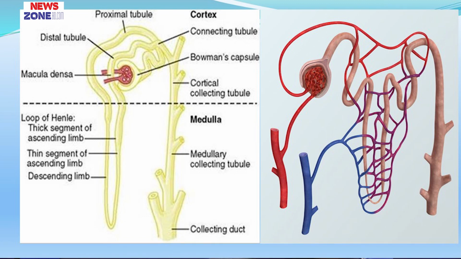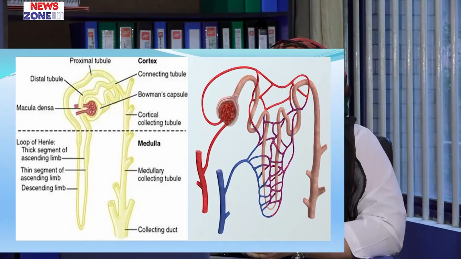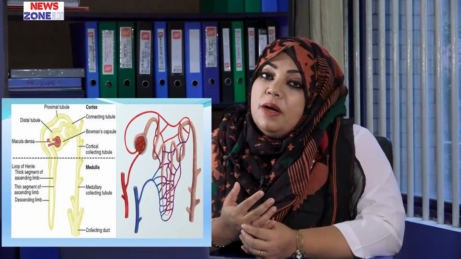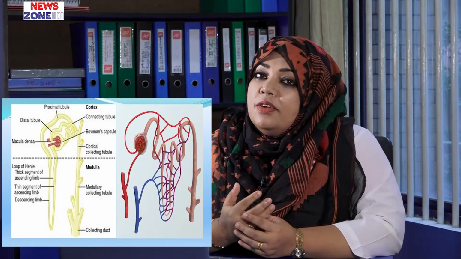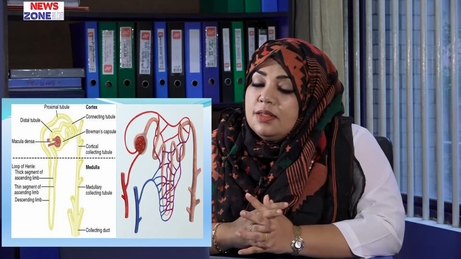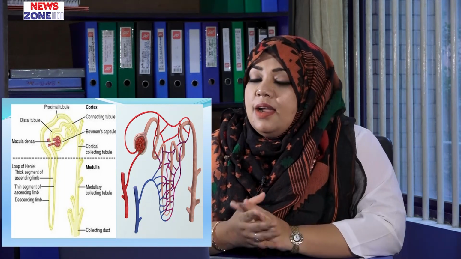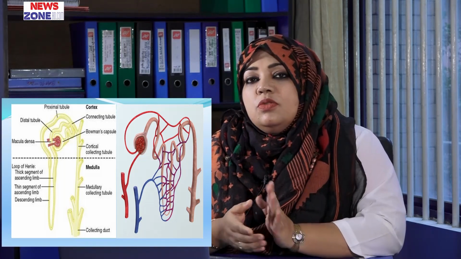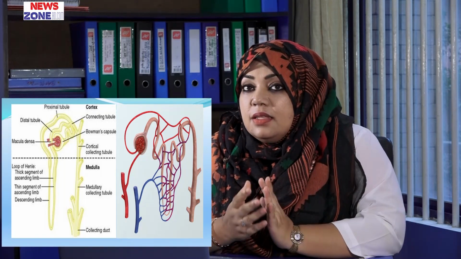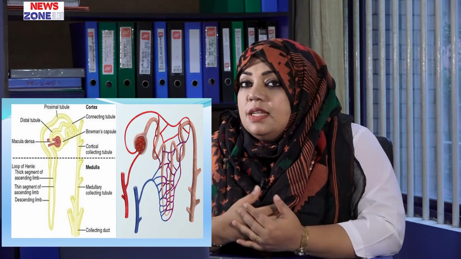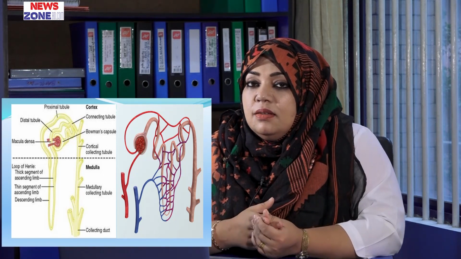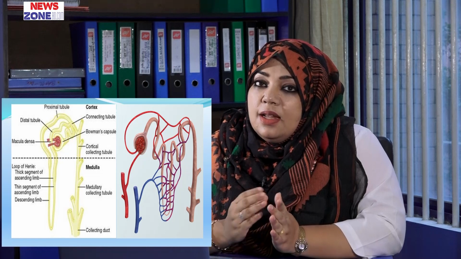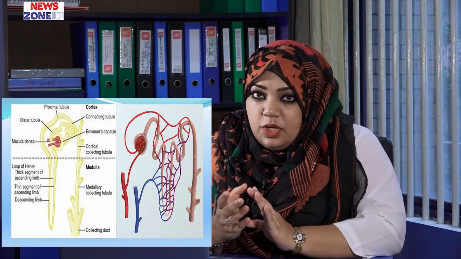Next, if you look at the renal blood flow, this is also very important. The renal blood flow per minute is 1100 ml. So it is about 22% of the cardiac output. So 22% of the cardiac output goes to the kidney, and this plasma is filtered through the glomerulus, and ultimately it becomes the urine.